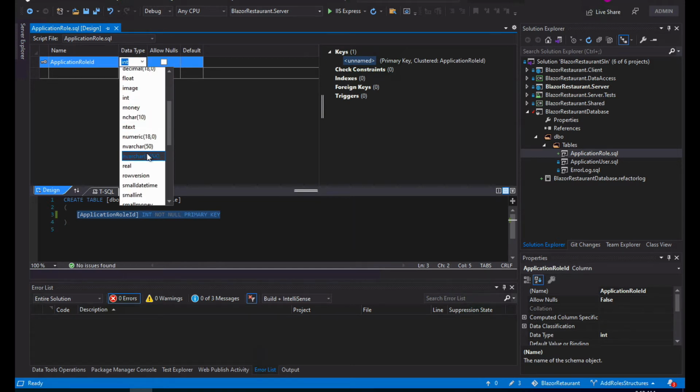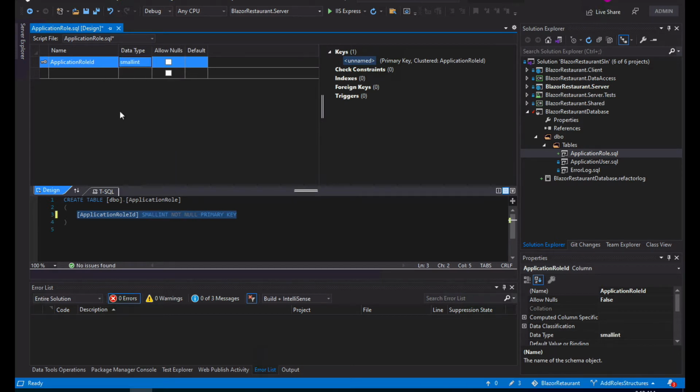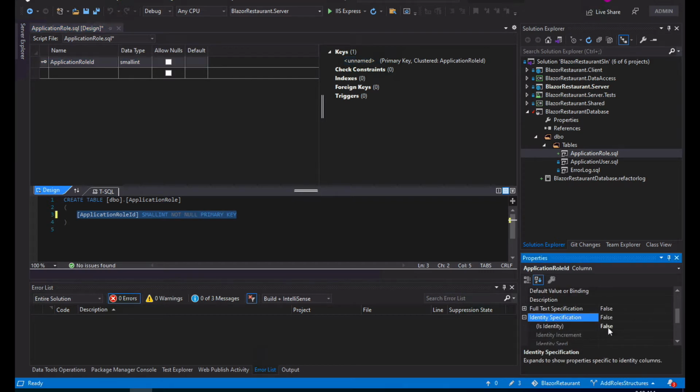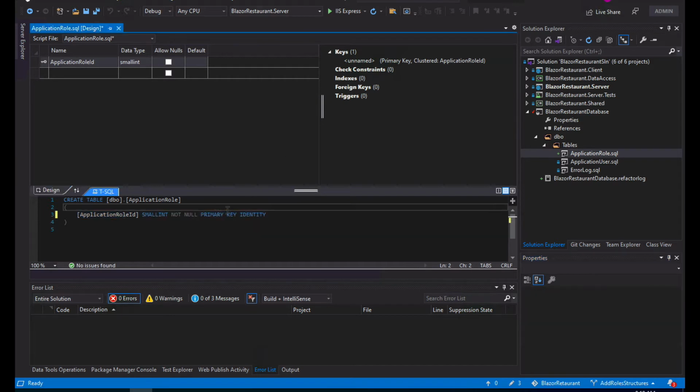We can probably go for a small integer, right? Yes, let's go. Okay, it's going to be a primary key. It's also going to be an identity,